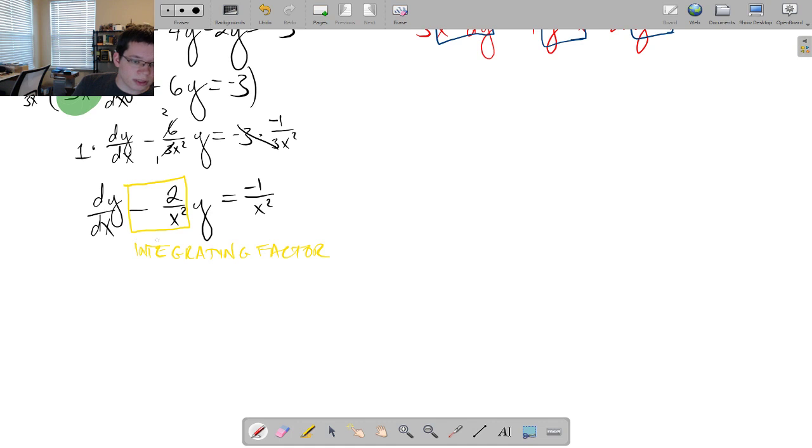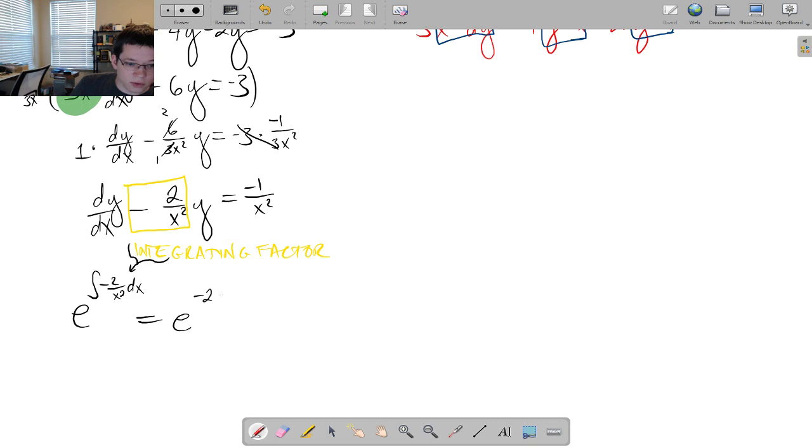So since this is our integrating factor, we're going to take that and we're going to put it on top of e to the integral of that integrating factor. So take this, put it there, and that gives us